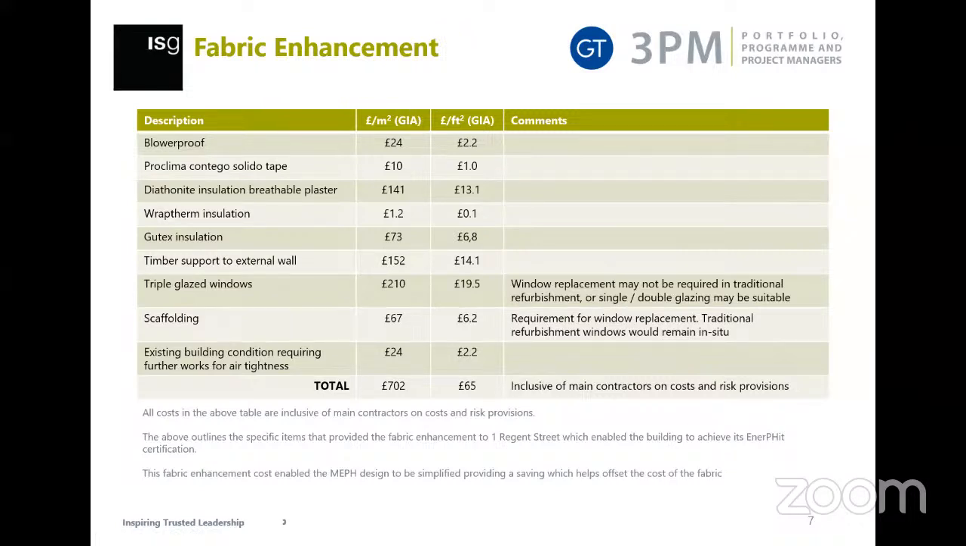So with these elements, these were quite specific with fabric enhancement to the building, blower-proof, procurement, diaphanite, wrap therm insulation and Gutex, and timber partitions rather than metal. So all those first 6 items, we engaged with one of our subcontractors. So they were in control of all those elements, which meant that the risk of install between different subcontractors was